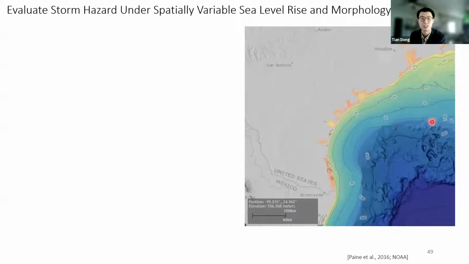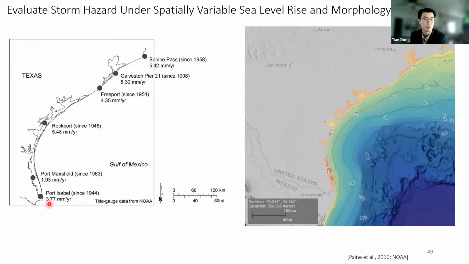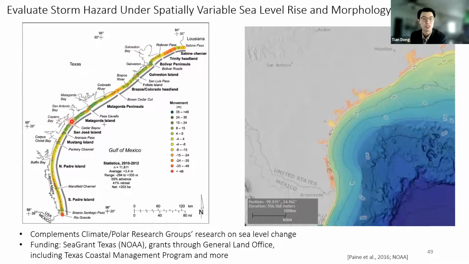The shelf has a quite shallow gradient, and in the northern Gulf it has a very shallow gradient. On the southern Gulf it actually has a very steep gradient. And another map of the Gulf shows very spatially varying sea level rise rates, shown by tidal gauge data, as well as changing erosion and accretion dynamics. These different colors show movement of the shoreline. So given these heterogeneities, I want to build models to make localized predictions of storm hazard,